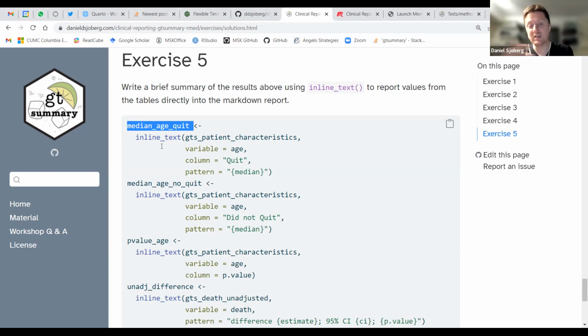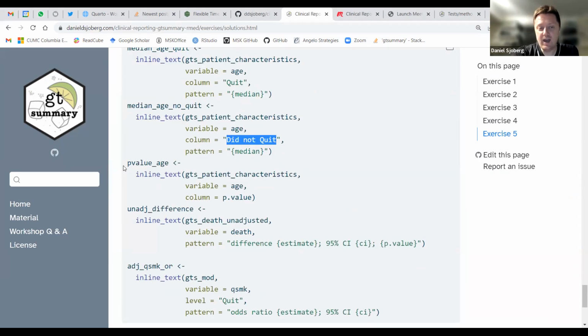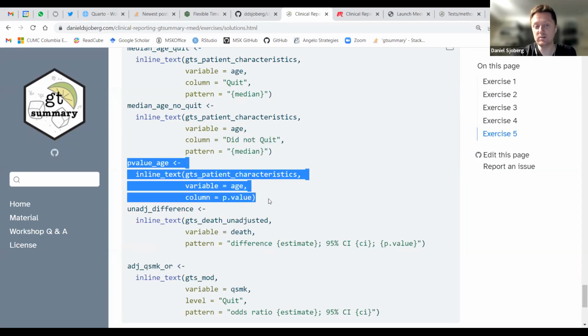But when you render, because it's hidden, you won't see any of this code. I'm using the patient characteristics table to report the variable age. I want to find the median age for those who quit. Next, I want the median age for those who did not quit. And I want the p-value comparing the ages for those who did and did not quit.